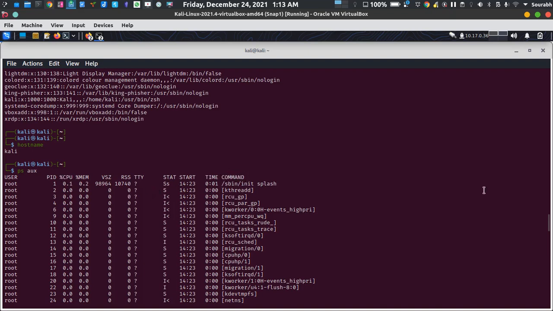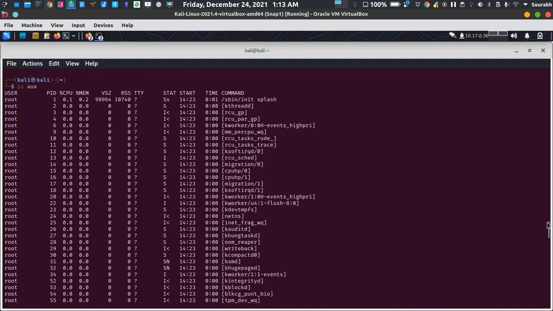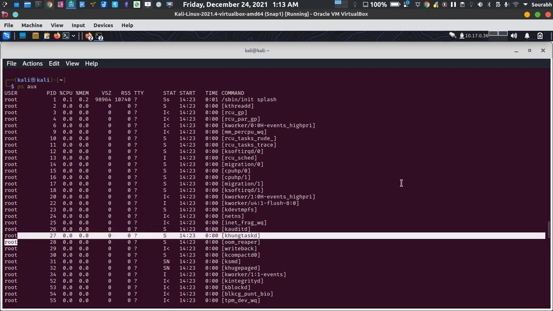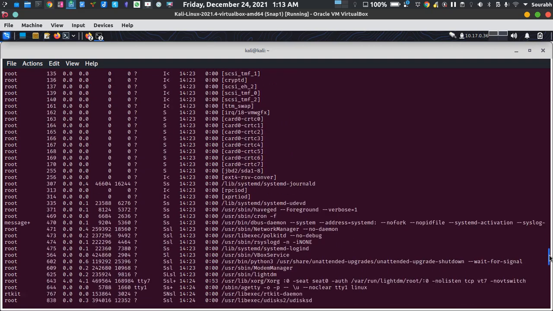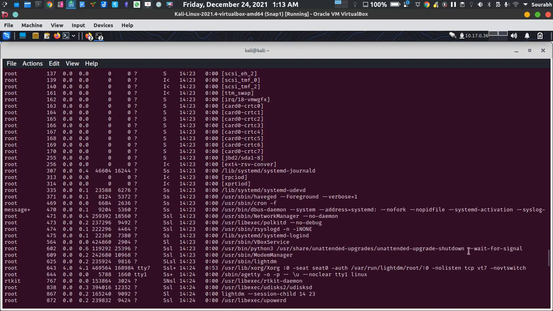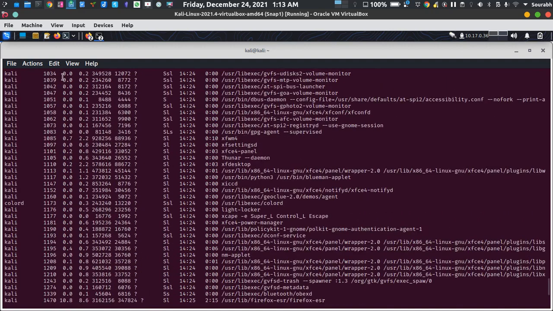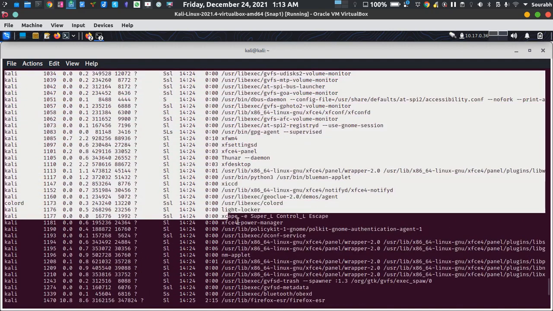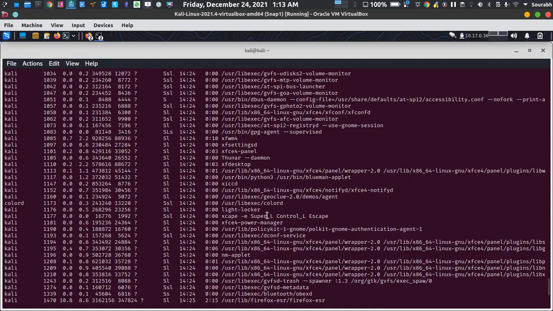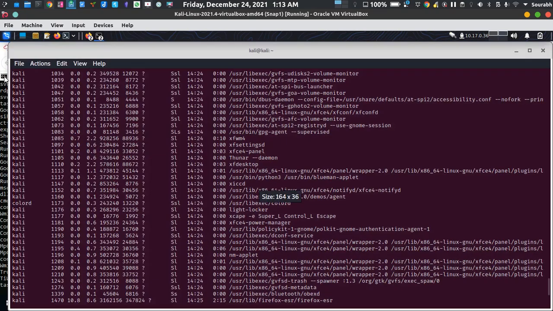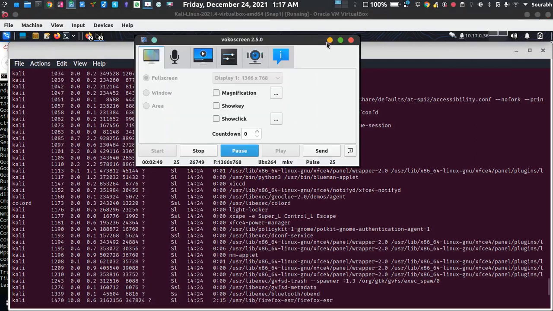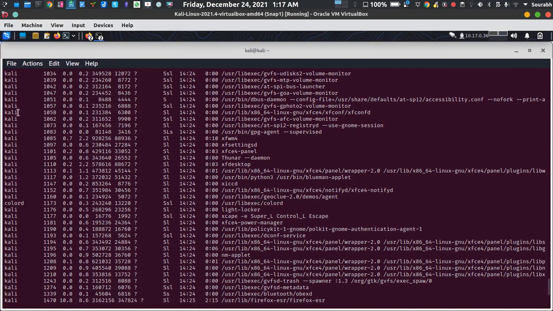The main thing we need to find out is what service is assigned to which user. For example, if someone asks me there's a service called write back, and which user is that service assigned to? Okay, so it's under root. Let me go below. If we find something interesting, yeah, all these services which you are seeing right now are assigned to the Kali user, which means they can be accessed or modified by me.